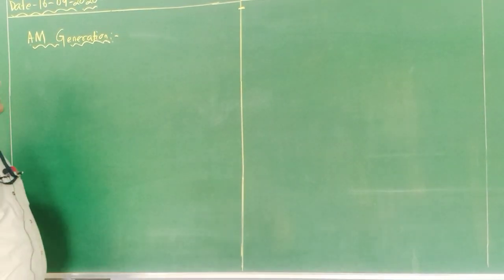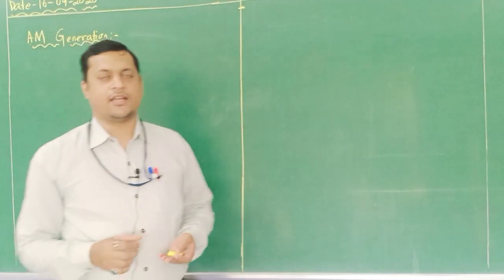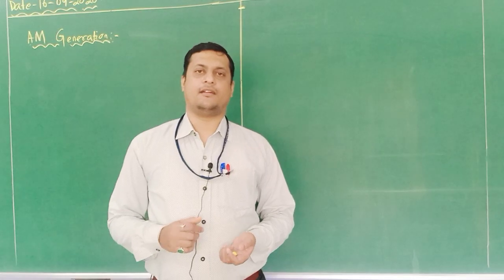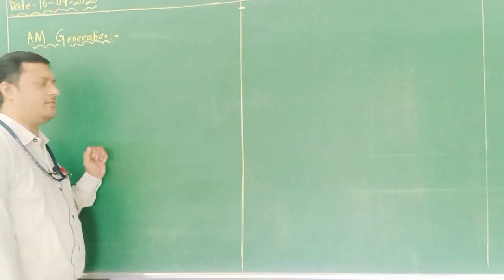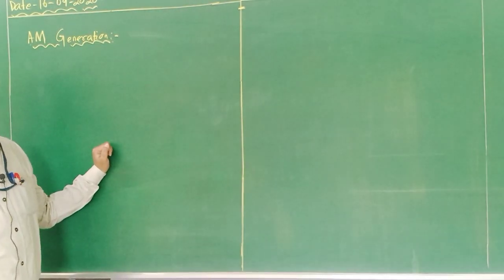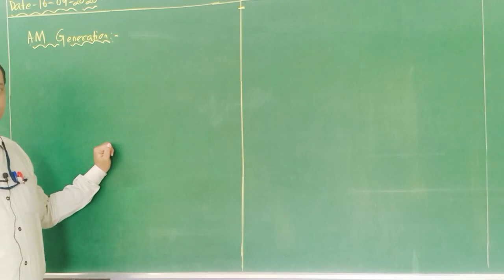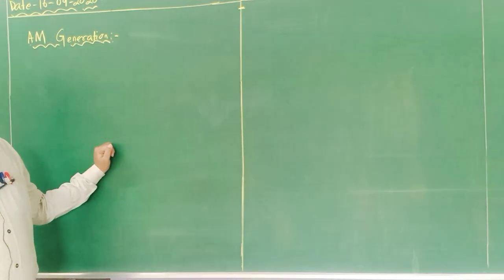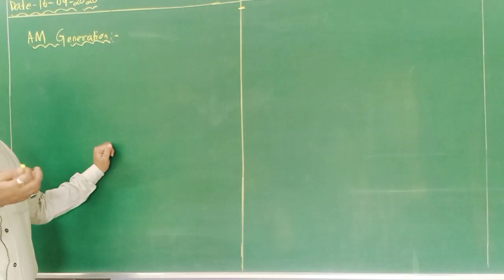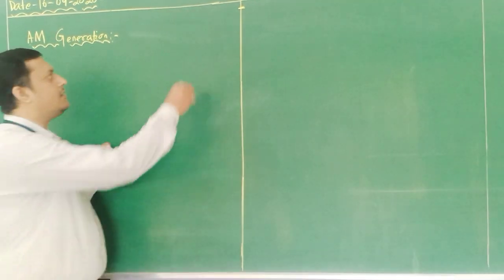So, as we discussed in the last class about the AM modulator, which is non-linear in nature, and the non-linear characteristics also we discussed last class. With respect to that, the square law diode modulator we also discussed: how the modulating signal is mixed with the carrier component and passed through a particular diode, and then filtered out with a tuned circuit. That tuned circuit is called a band pass filter.